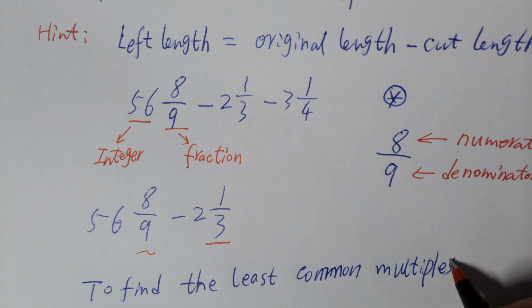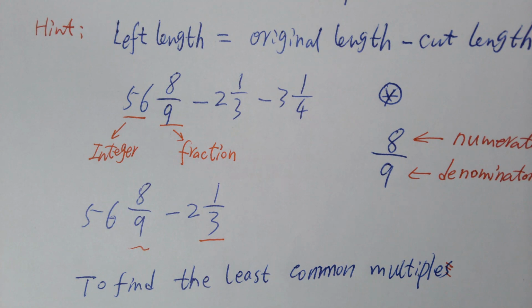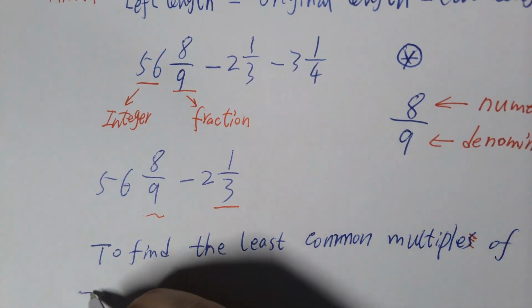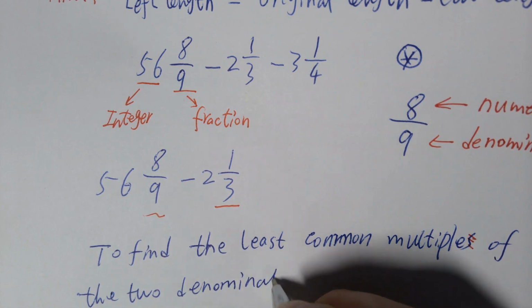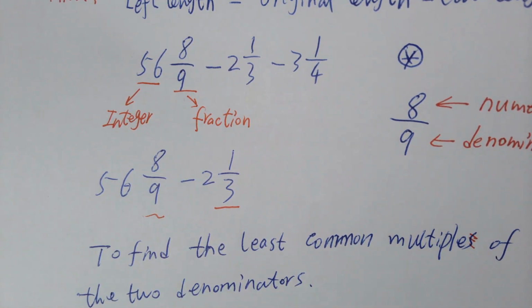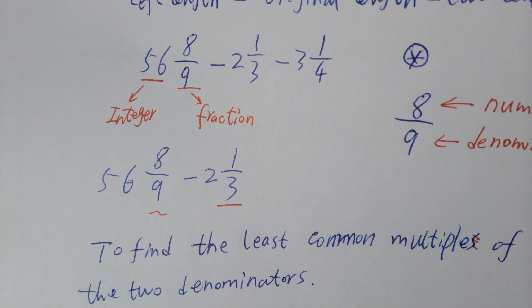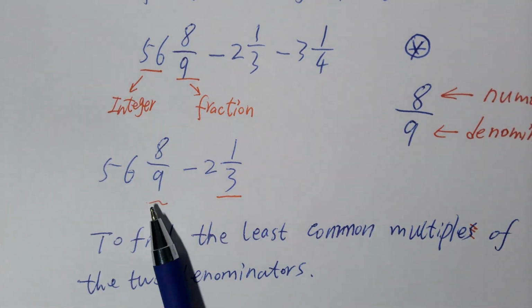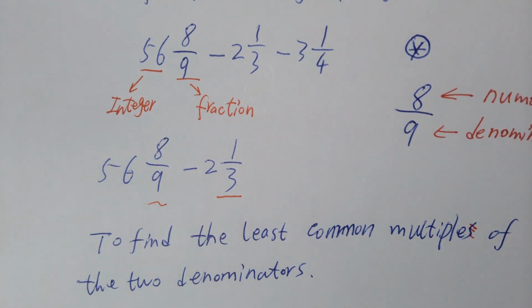Okay, the least common multiple. Let me remove that S here. Of the two denominators. Okay. I will make a new video next time to explain the different methods to find the least common multiple of two numbers. For today, in order to find the least common multiple of 3 and 9, okay, it will